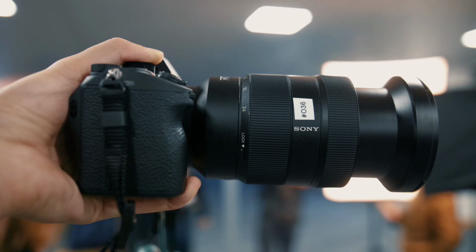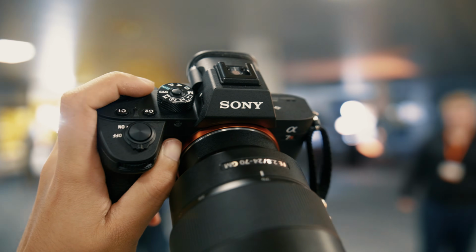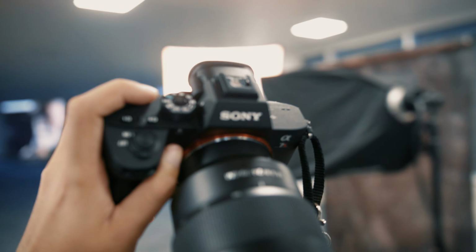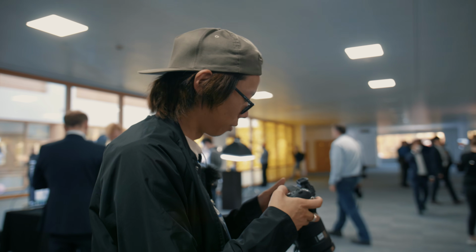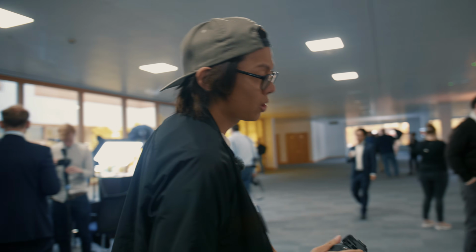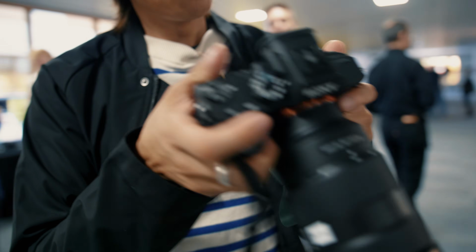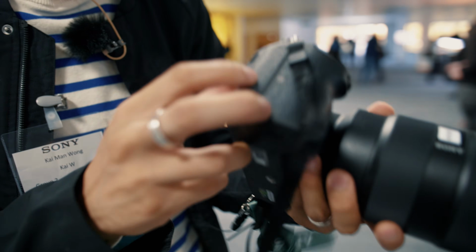Oh yes, here it is, the third generation of the A7R, but is this as big a leap as the A7R2 was from the original? Extra fine JPEG. So yeah, this is the A7R3. It looks kind of similar. Well, the body is more like the A9 than the A7R2, because if you look on the side, ooh,